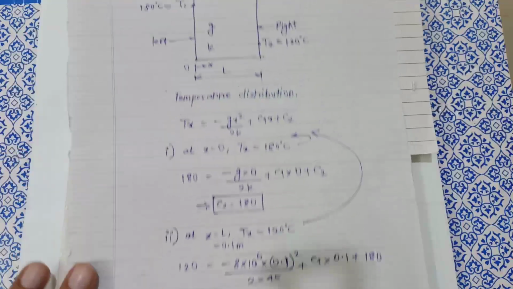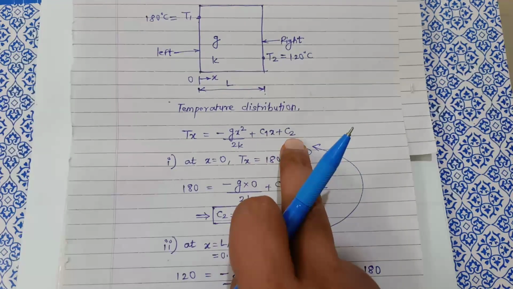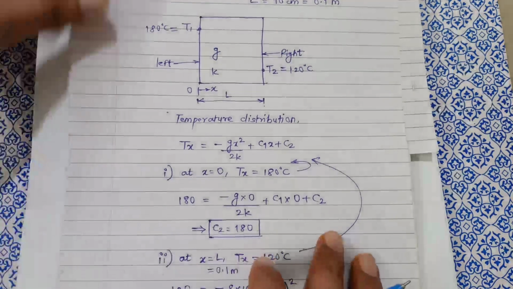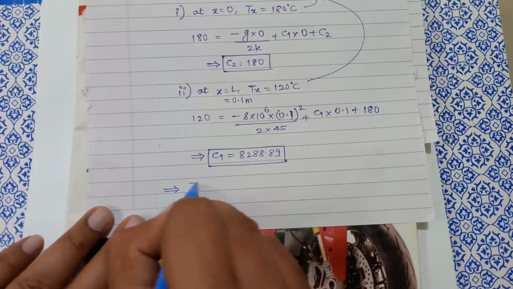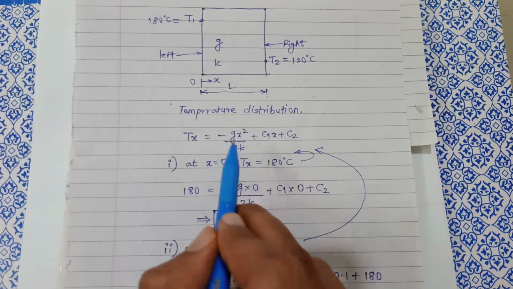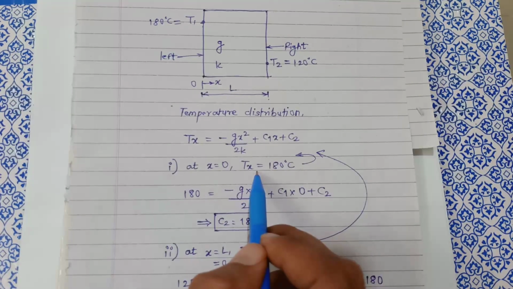So now out of the given general equation, we have the value of C1, we have the value of C2, and that's why we have obtained the expression for temperature distribution, because with the help of this we can determine temperature at any location. So now we can write down the final answer for temperature distribution. Hence we can write this final answer. So T(x) is equal to, I will request you to calculate this value, minus g by 2k. I have calculated that. I have this with me. You can verify with that answer.